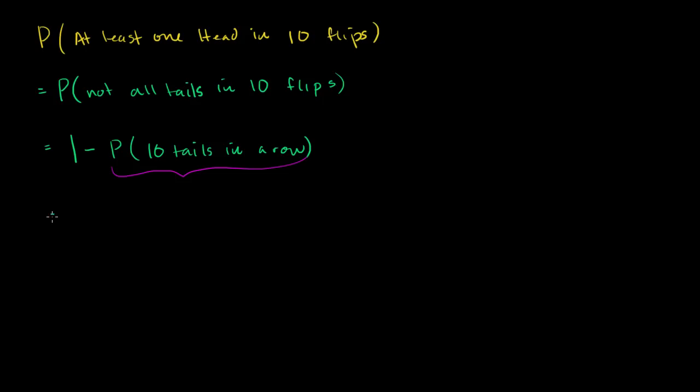Let me just rewrite it. This is equal to 1 minus, and this part is going to be, well, one tail, another tail. So it's 1/2 times 1/2, and I'm going to do this 10 times. Let me write this a little neater because I need a 1/2. So that's 5, 6, 7, 8, 9, and 10. And so the numerator is going to be 1. This is going to be equal to 1 minus